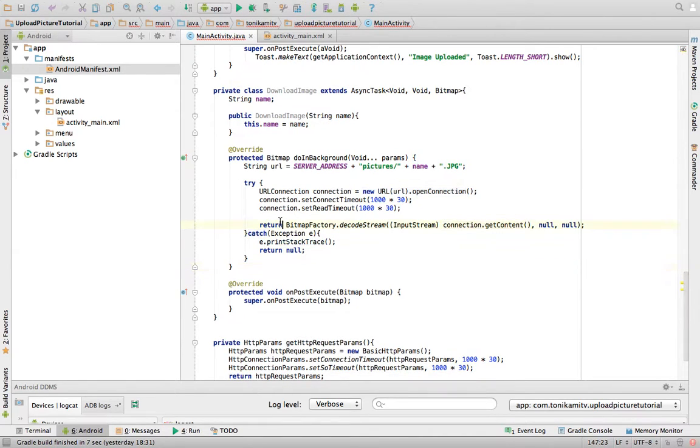What this does, I'll repeat it again, is we establish a connection to the image we're trying to download, we convert it to an input stream, and then we decode the stream using a Bitmap Factory, and that basically returns the bitmap that we're trying to